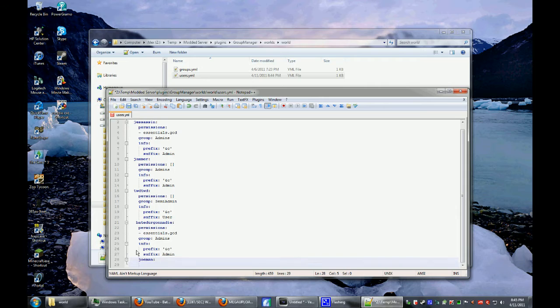Then I actually might have screwed that up. Unless, yeah, I think that's where it goes. Alright, now you line this up, and then you just type in permissions, colon, and just keep doing this, and then you could do permissions. Oh, I missed that. Hold on, permissions, and you go brackets, not brackets, bracket,